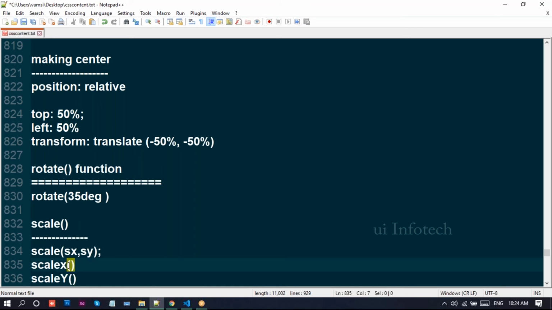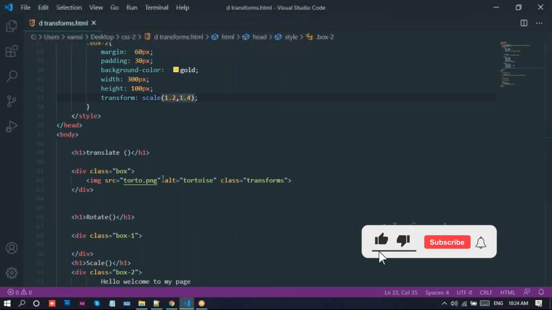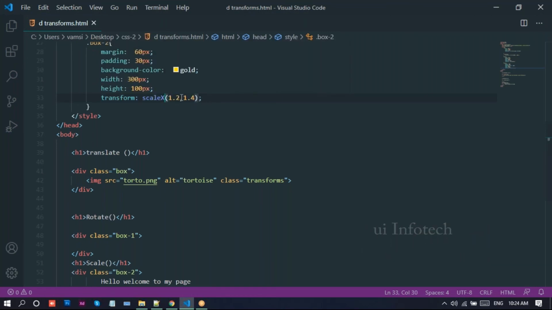Scale x means in order to increase in the x-axis, we can use the scale. And scale y is in order to increase in the y-axis. That means for the y-axis and x-axis, we can also write scale x and scale y instead of taking these two values. So we just mention here scale x, and I'll remove this one. We can give only one value for the scale x.